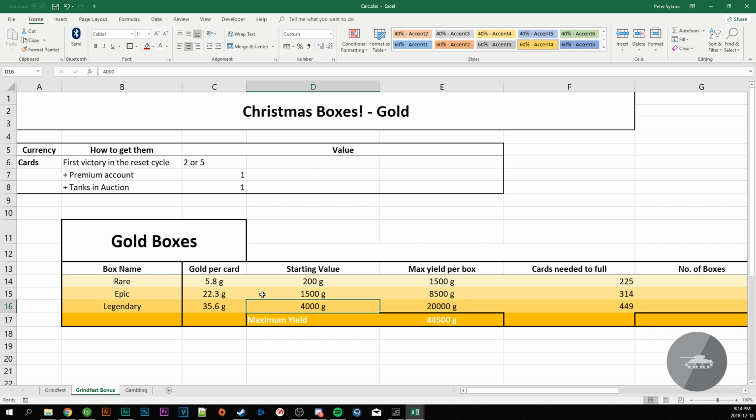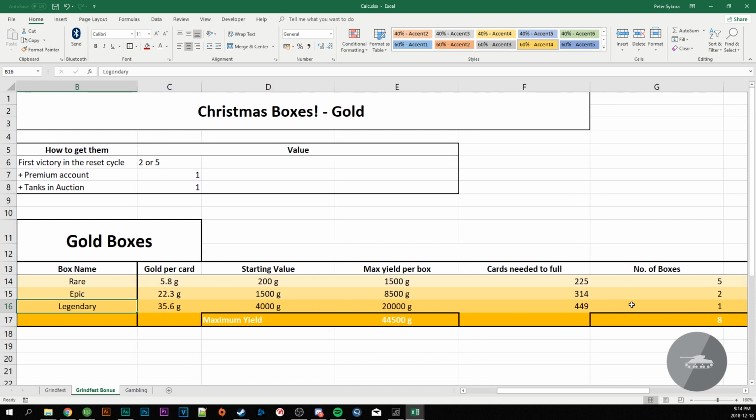There is a limit to them. You can get one legendary. I think I have it written here. Yeah, number of boxes right here. So you can get one legendary box, 2 epic boxes and 5 rare boxes. Each of them has some starting value, so if you don't bother grinding cards, you can still get 4,000